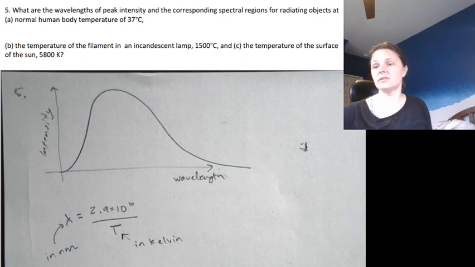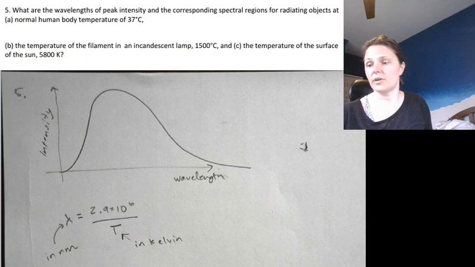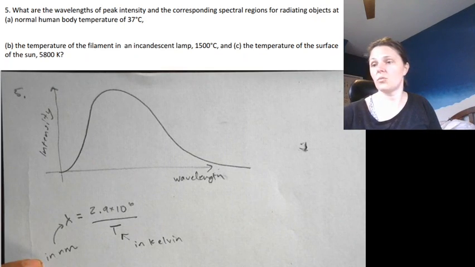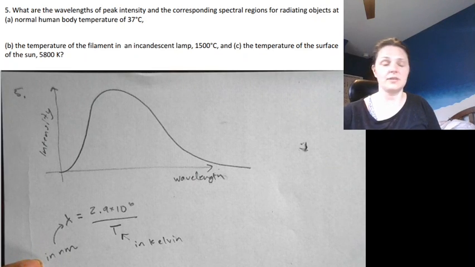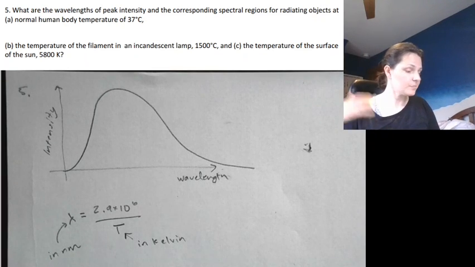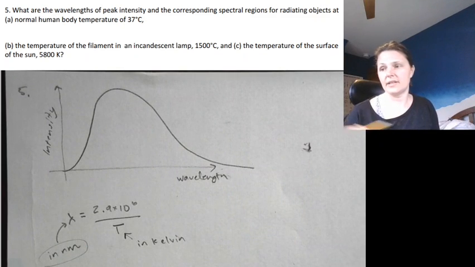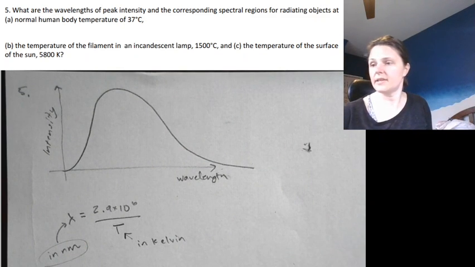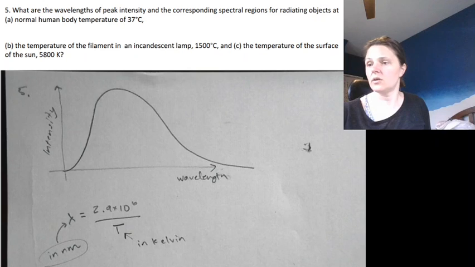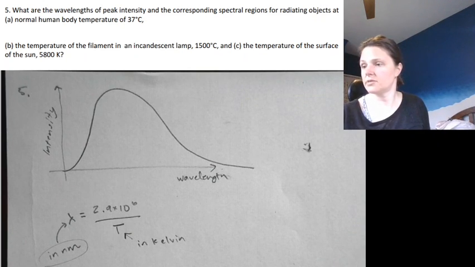And this is a little different than what we usually do for an equation. Normally, we would never put a wavelength in the unit of nanometers, but we deal in nanometers so much that it's easier to think about nanometers than it is to think about anything else there. So let's go calculate this.